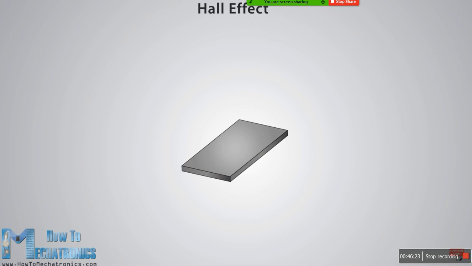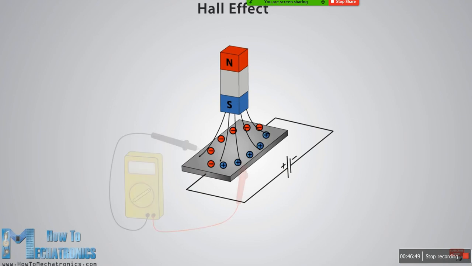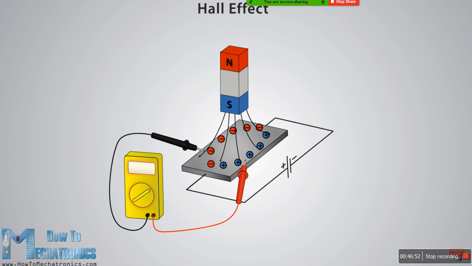Here's the experiment that explains the Hall effect. If we have a thin conductive plate as illustrated and we set current to flow through it, the charge carriers would flow in a straight line from one side of the plate to the other. Now, if we bring some magnetic field near the plate, we would disturb the straight flow of the charge carriers due to a force called the Lorentz force. In such a case, the electrons will deflect to one side of the plate and the positive poles to the other side. This means if we put a meter between these two sides, we will get some voltage which can be measured. The effect of getting a measurable voltage is called the Hall effect, after Edwin Hall, who discovered it in 1879.